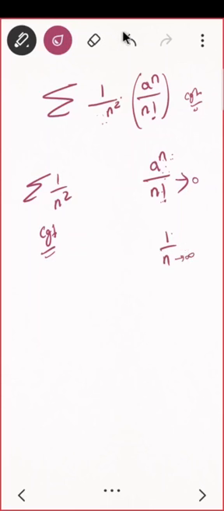Yes. That means if I want to compare, e raised to n is less than or equal to n factorial. I'm not talking about some terms; for one or two terms they may be less than or not. I just want to talk about when n goes to infinity, the future part, if you can see. Do you agree?